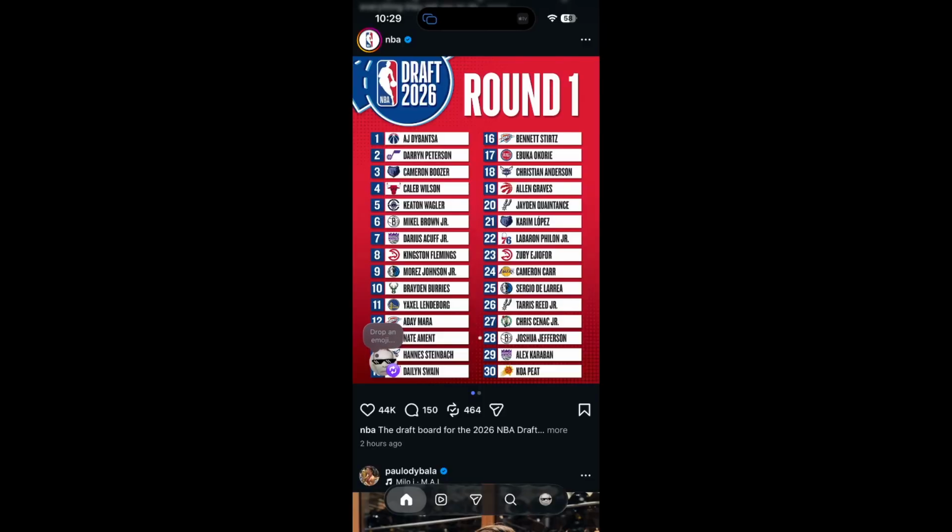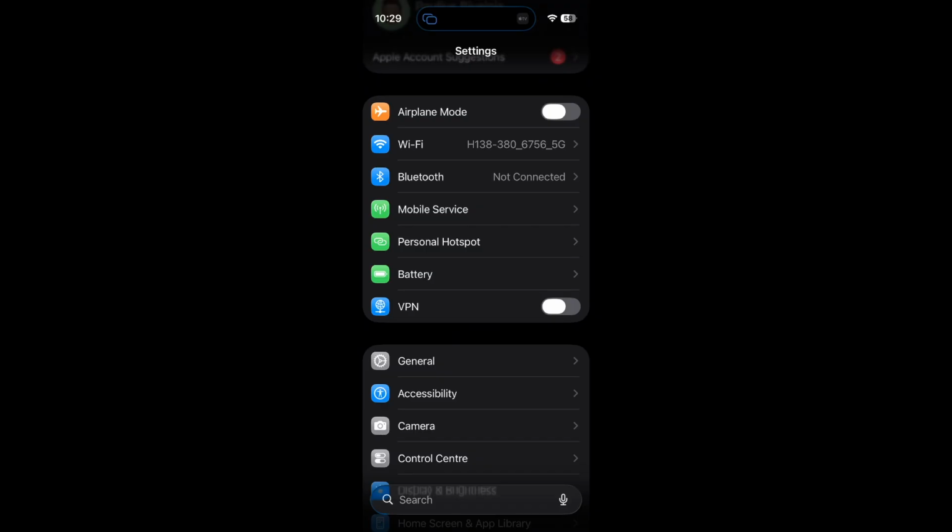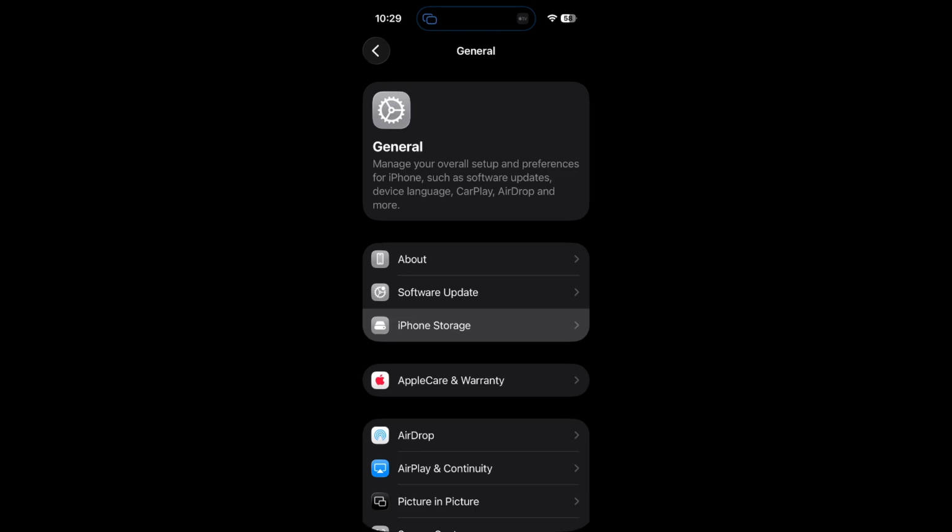What I did to fix this problem, because earlier in this day I didn't have this option. So what you need to do here is to go to settings. I'm using iPhone, so for me the settings will be different if you're using Android, but the process will be pretty much similar. You just need to go to general, then you need to go to iPhone storage, then